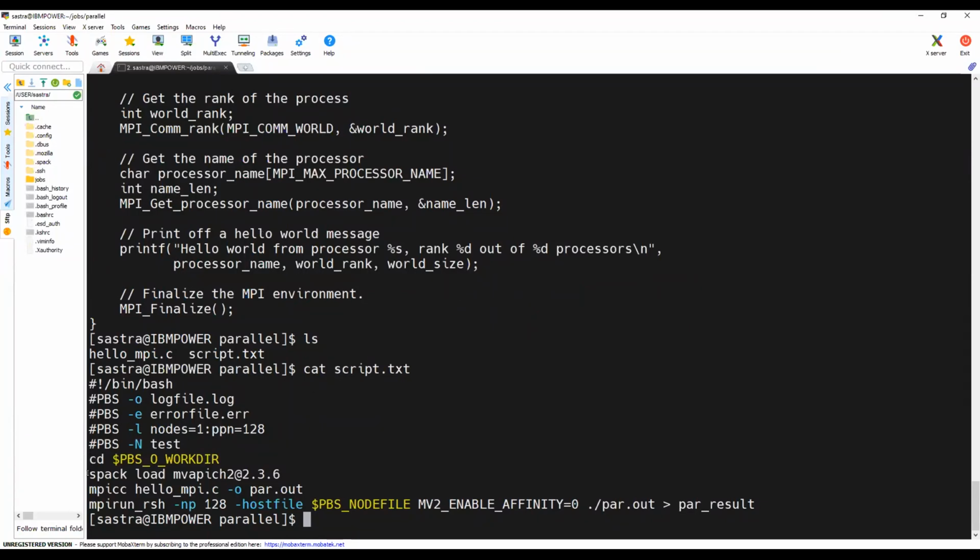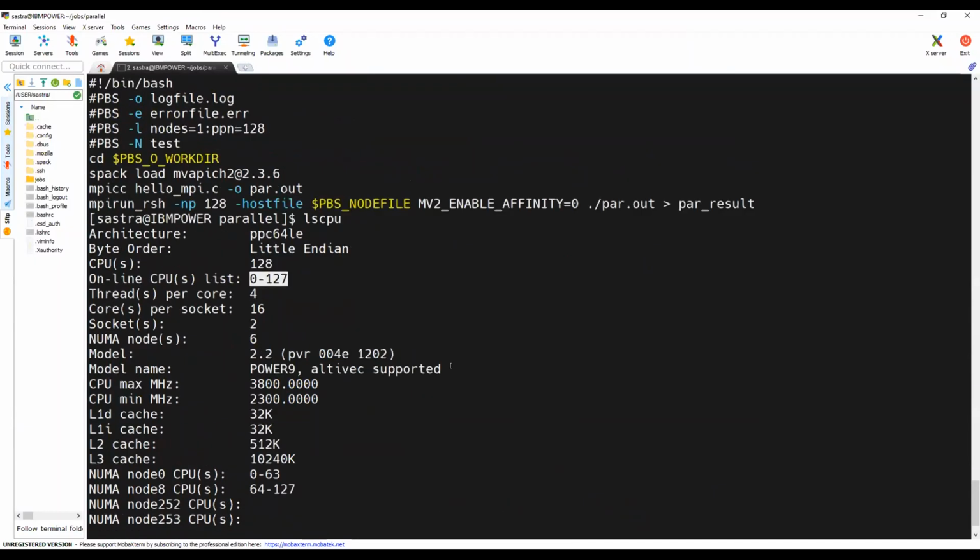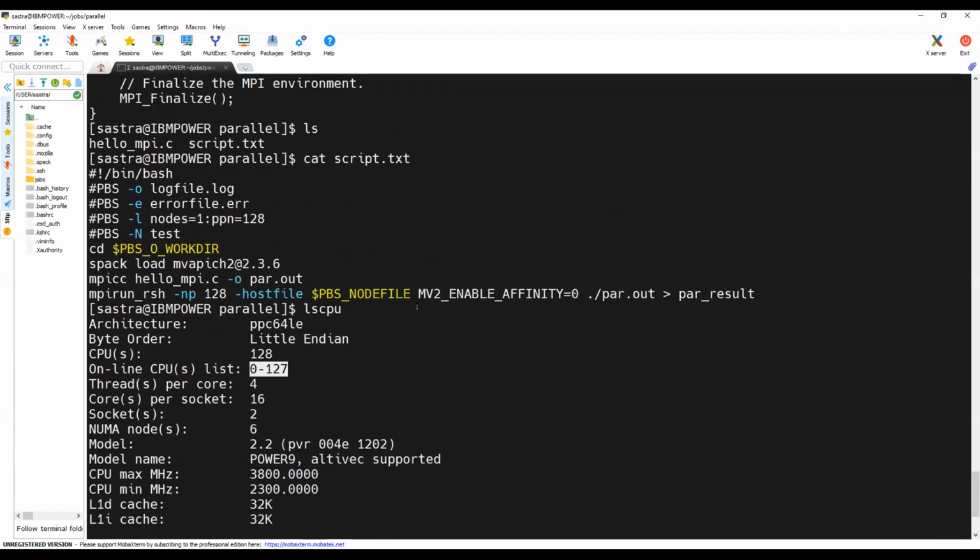The only modification I have done is I have just loaded the MVAPICH MPI compiler using Spack, and then I'm compiling it and creating an output file called par.out, and I'm again using mpirun to run it in parallel among all the 128 CPUs. If I say 128 CPUs, the naming will be from 0 to 128, so that you can check from the output which we get.